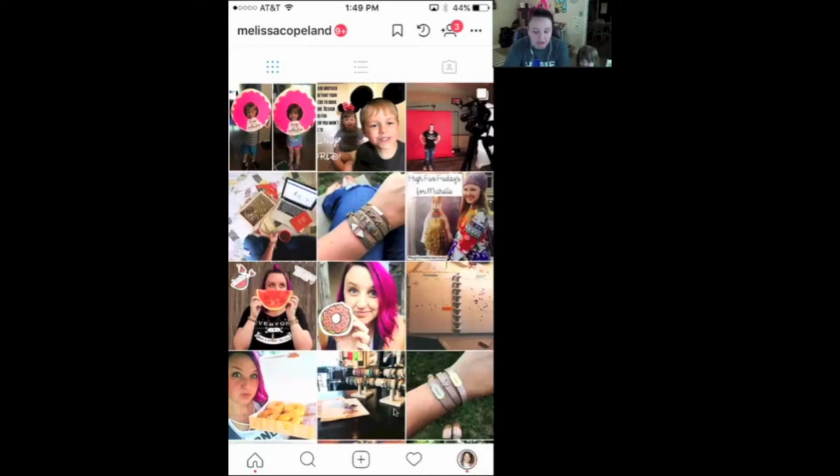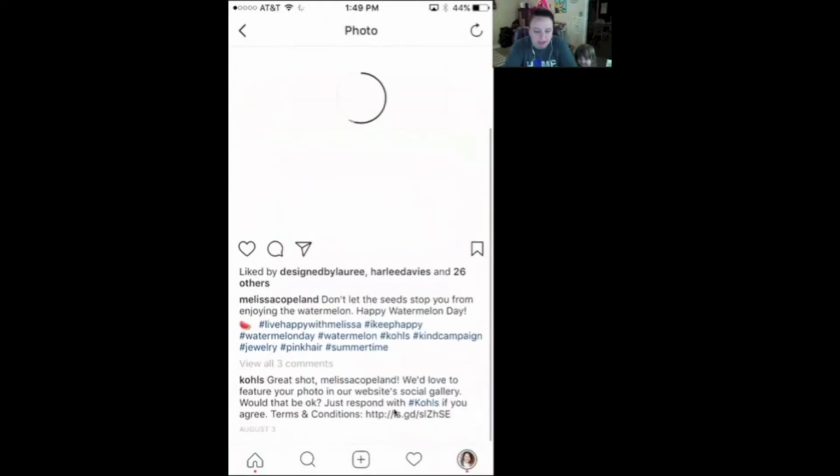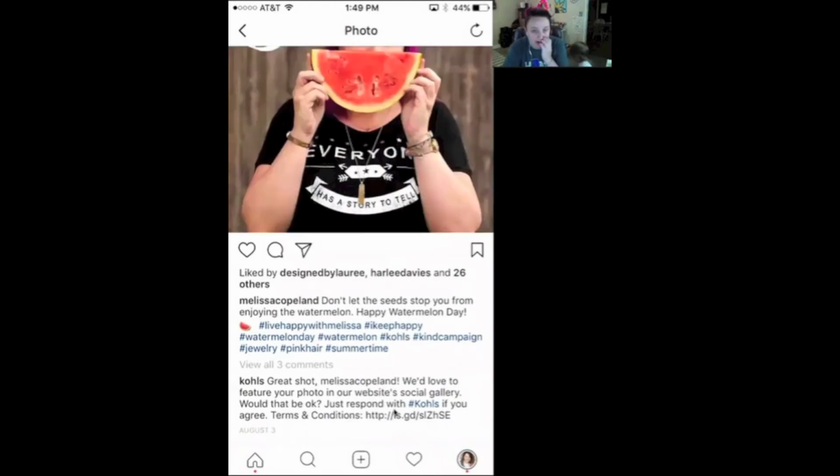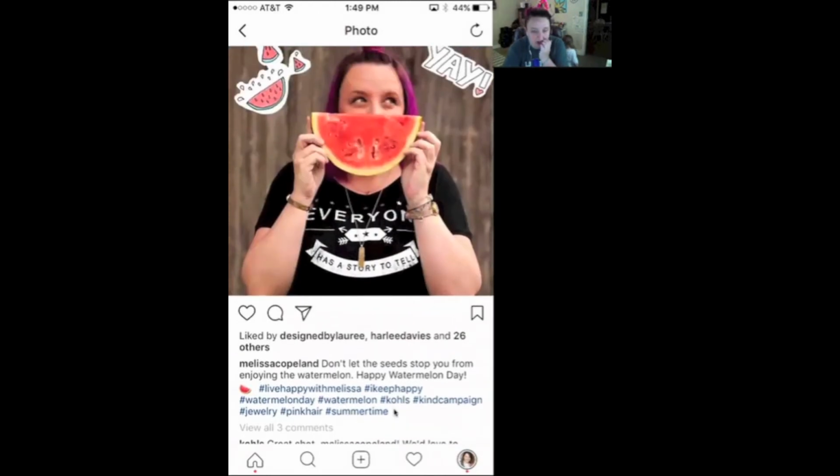That's how hashtags work as well. If someone searches that specific hashtag, then that picture is going to come up. So on this picture, my hashtags are like pink hair, because I have pink hair in the picture, jewelry, because I'm wearing jewelry, watermelon, because I'm holding a watermelon. The shirt that I have is from Kohl's, so I tagged Kohl's. It's a Kind Campaign shirt, so I tagged Kind Campaign, and then summertime. And there's a million other tags I could have used, but those are just the specific ones that I picked